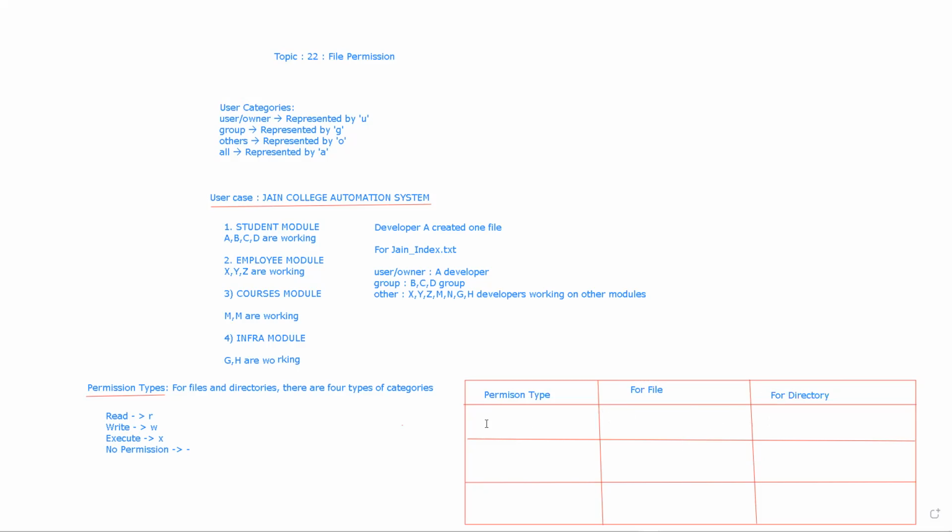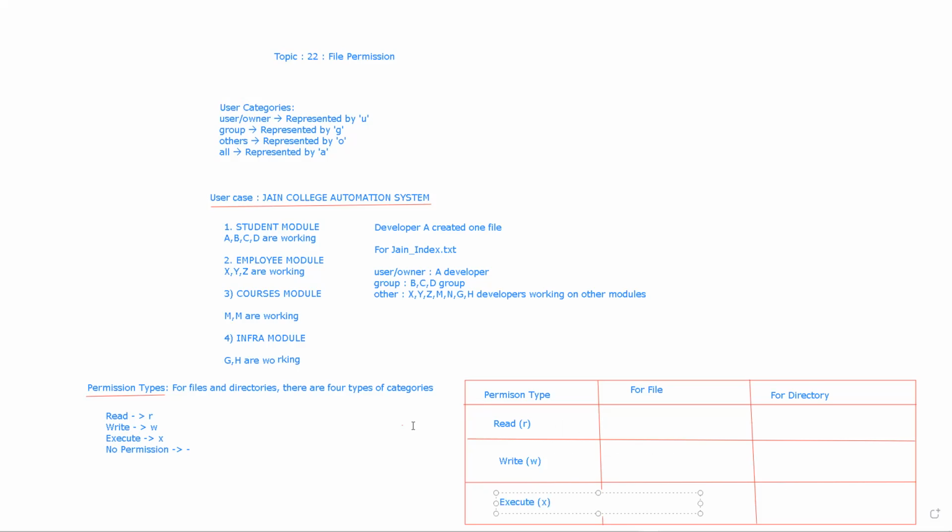When I say read, it is represented as R. Then when I say write, write is represented as W. Then we have execute, which is represented as X, right?